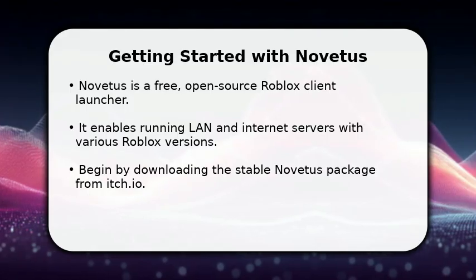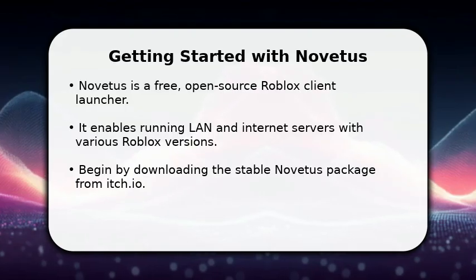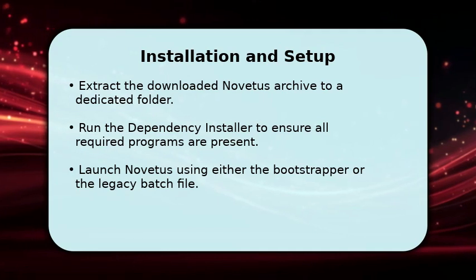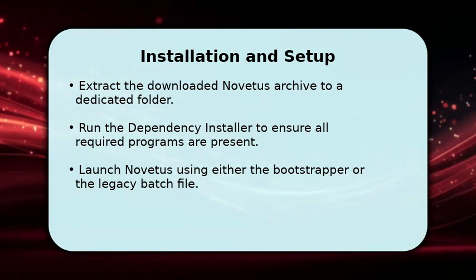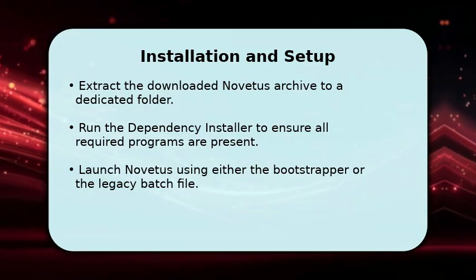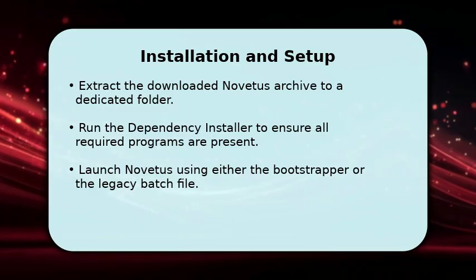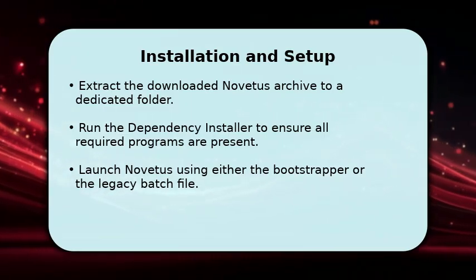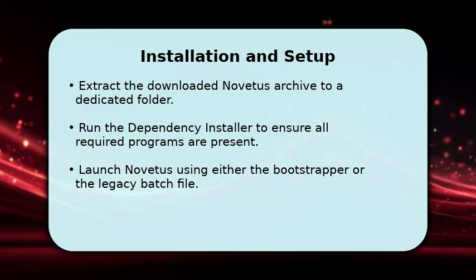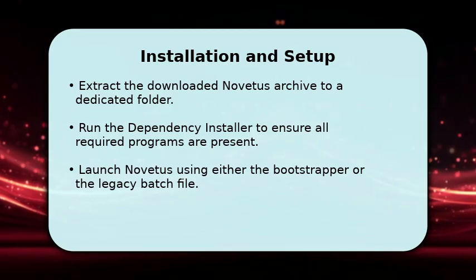To get started, your first step is to download the stable Novetus package, which is readily available on itch.io. Once you have downloaded Novetus, extract the entire archive into a new, dedicated folder on your computer. Before you launch the main application, it is crucial to run the dependency installer to ensure all necessary programs are correctly set up. After dependencies are installed, you can then launch Novetus by executing either the Novetus bootstrapper.exe or the